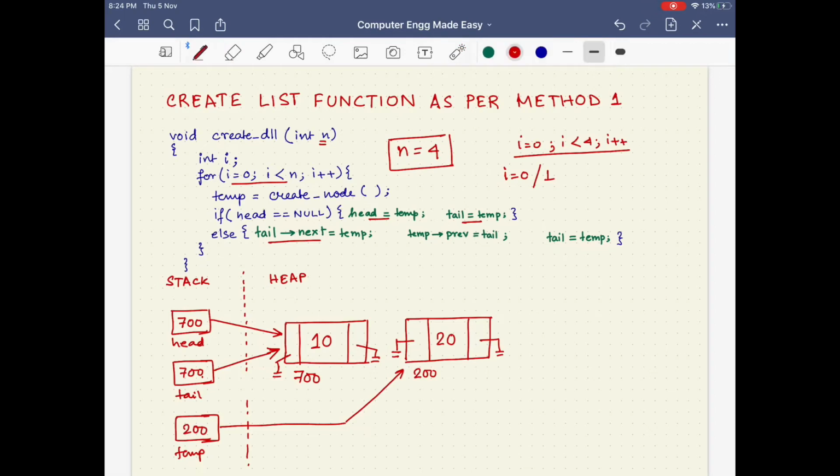Now we have the value of temp as 200. So instead of null, this part of the memory is now going to hold the address 200, indicating that this will now point to the second node of the list. After this we execute temp arrow prev is equal to tail. Temp is holding the address 200, and by temp arrow prev we refer to this part of the memory. So when we execute temp arrow prev equal to tail, whatever is stored in tail gets stored in the previous part of the temp variable, indicating 700 getting stored there